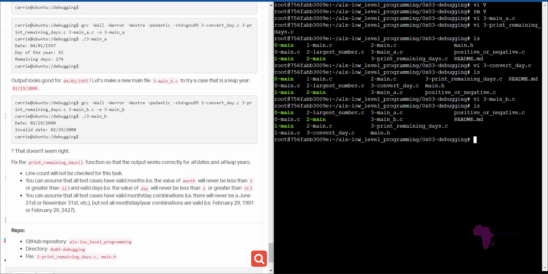So I'm going to do ls to check all the files that we have. We need to have 3-convert_days, 3-print_remaining_days, and 3-main_b.c. So we have 3-main_b.c, which is a good one. We have 3-print_remaining_days, and we eventually have 3-convert_days. So now we can run our GCC